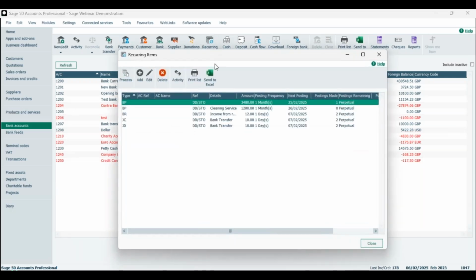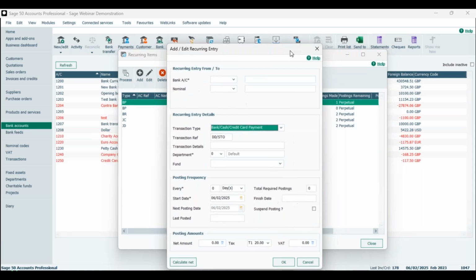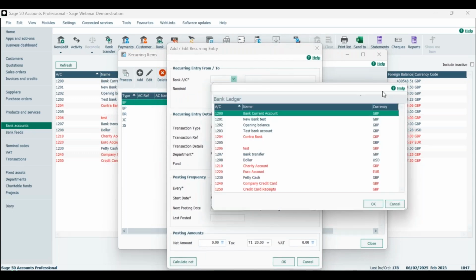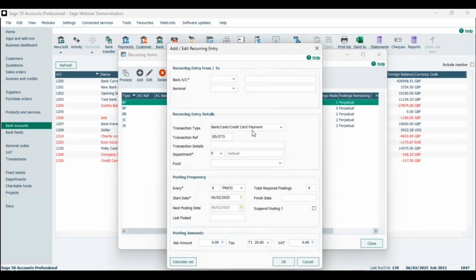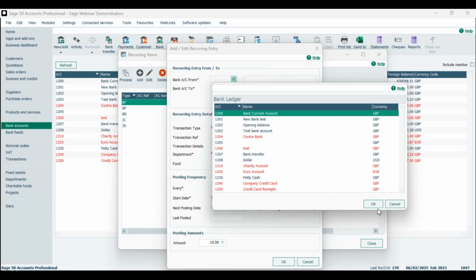So if we go to recurring items, add, and we've got bank transfers every single month, let's say. So first off, I would have a look here in the middle and look at total transfer. I'm just going to put int on that one. I want it to be every week. And I want £10 to go. And what I want that to go from is from my current account